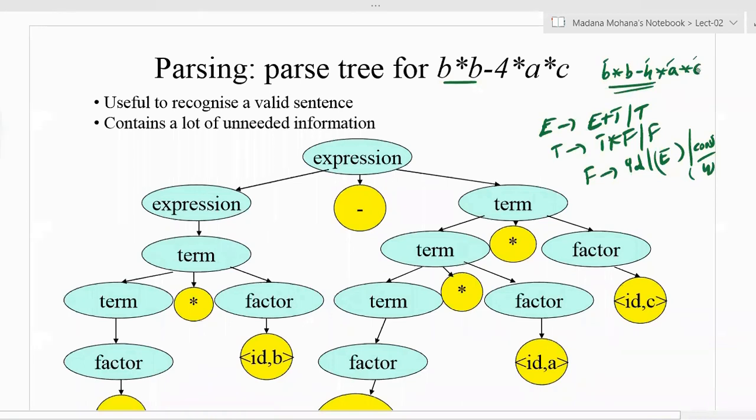By combining all the leaf nodes from left to right, which is called the yield of a derivation tree or parse tree, we get the given string b into b minus 4 into a into c.